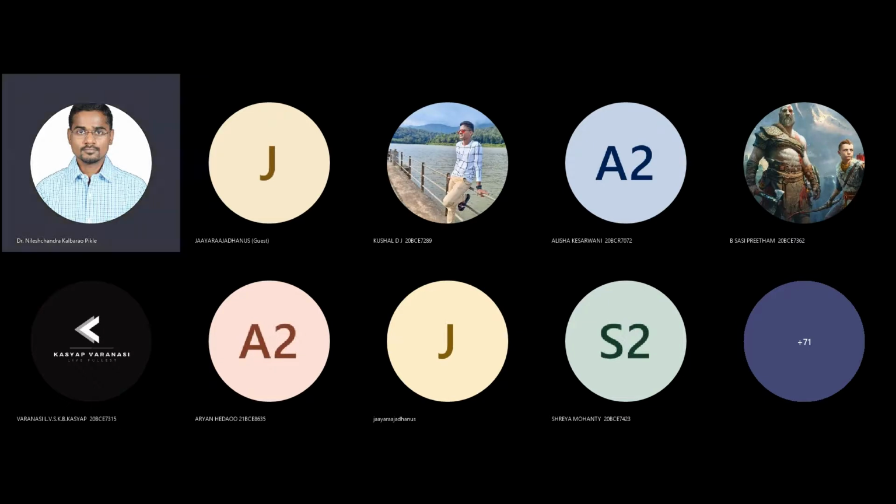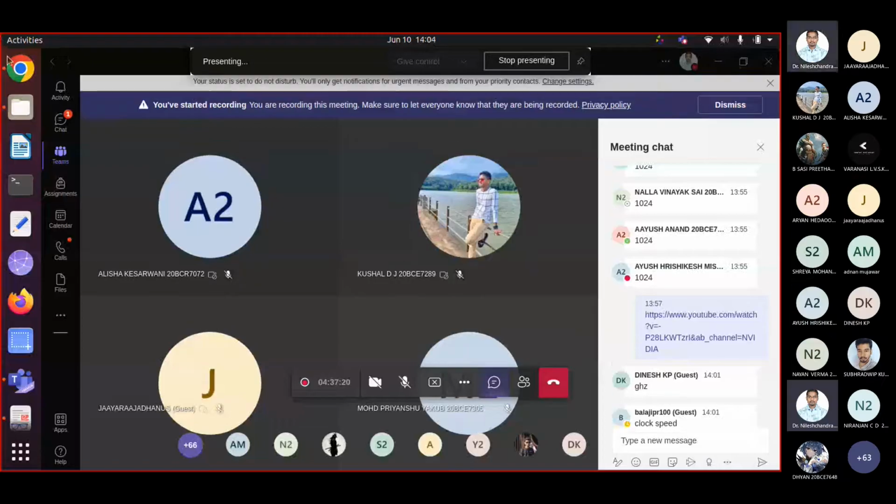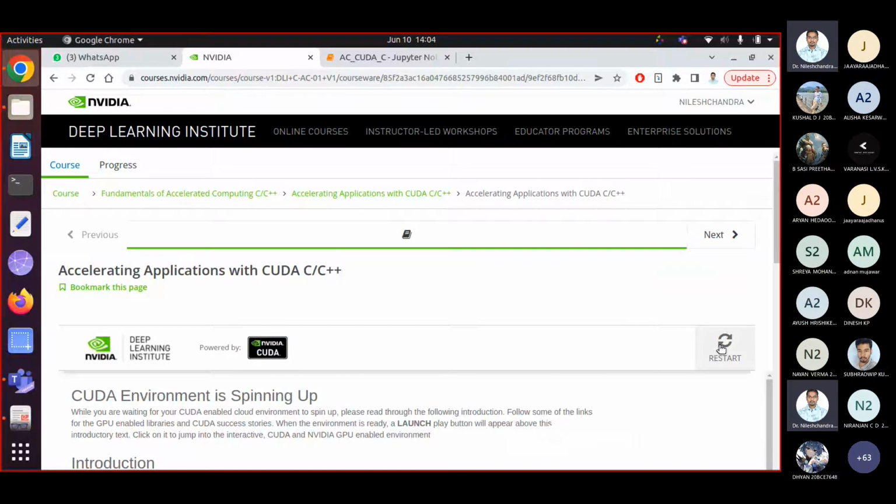Yes, any doubt? If you have no doubt, those who have closed those cloud instances, you are supposed to restart, right? Because it will take 5 to 10 minutes. So make sure to restart this instance so that you will get access. In my case, the time has elapsed, so that's why that instance is closed. Now again, I have to relaunch that instance. So for that, I have to restart it.